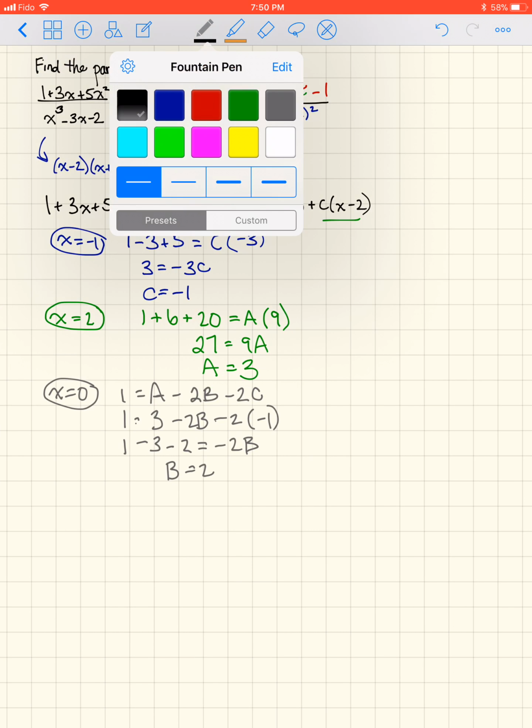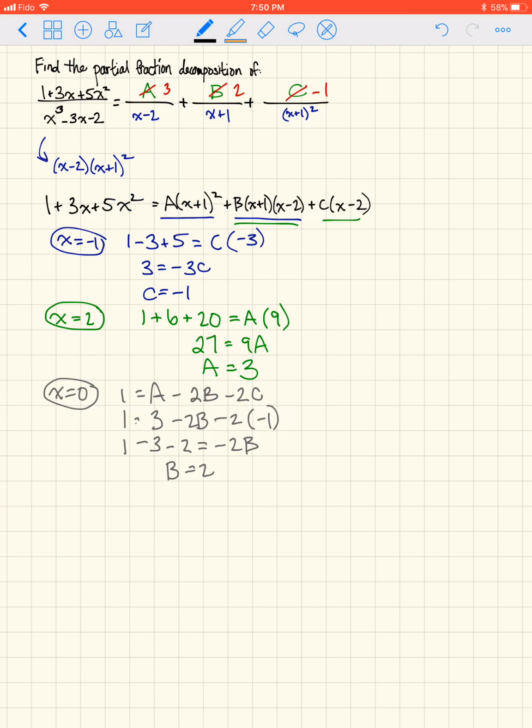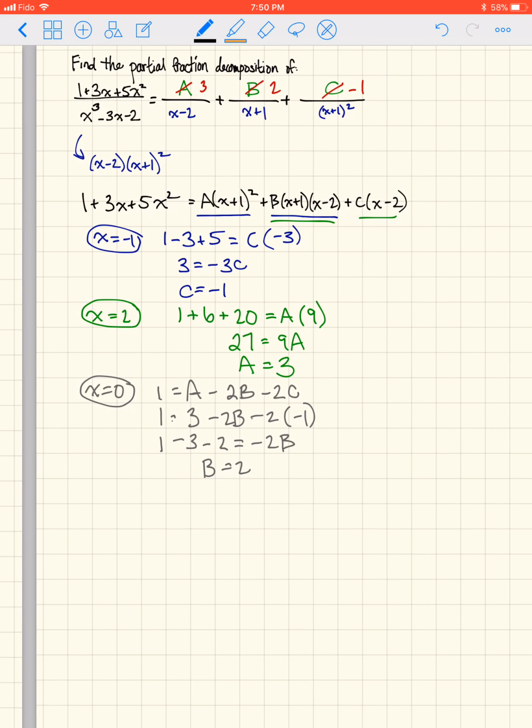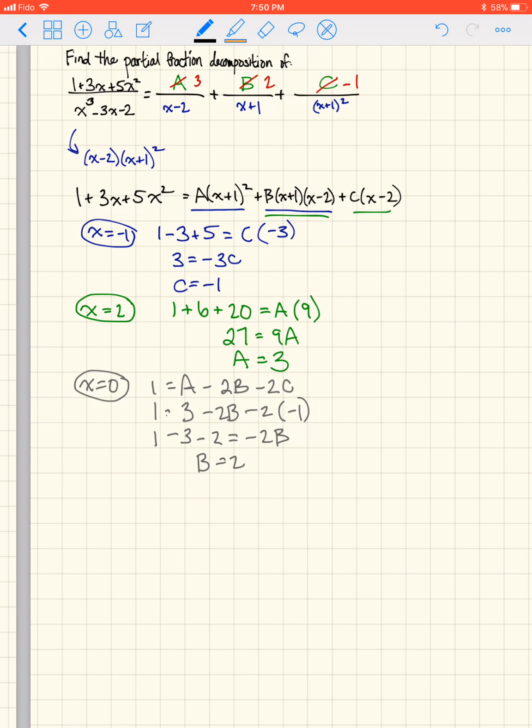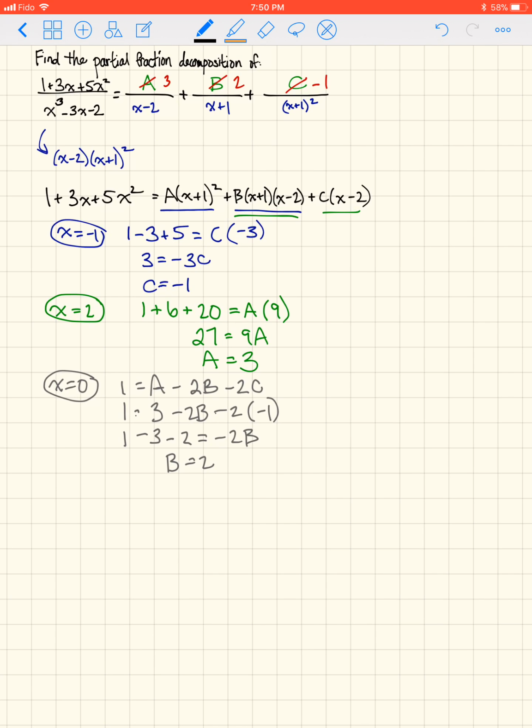Now, I promised you I would go over the factoring. If you're needing help with this, probably the easiest way to get into it is to do the same kind of thing we just did, looking for the roots of the equation. We have x cubed minus 3x minus